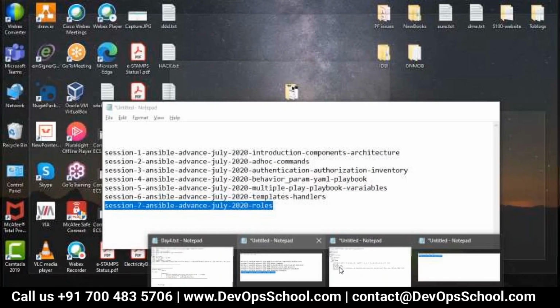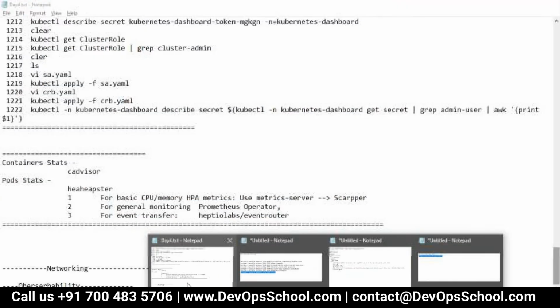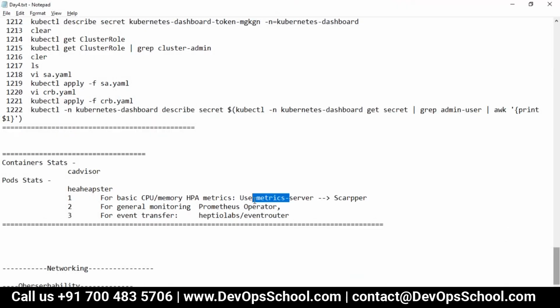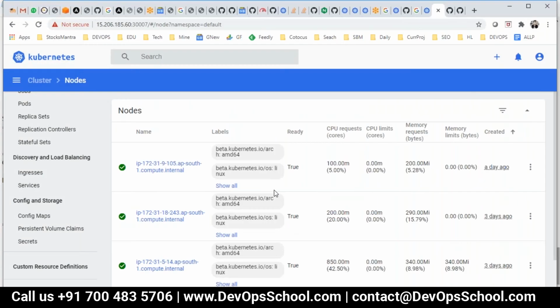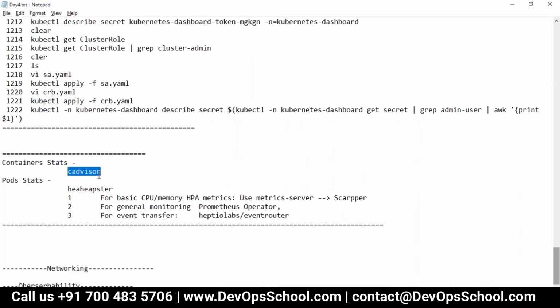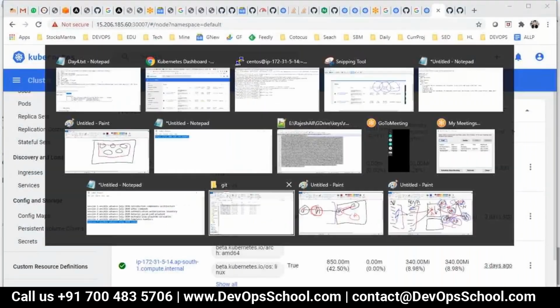That is the advantage. For HPA, you need a metrics server, but for cAdvisor data you need only the scraper. If you want to store, then you need a server. But this dashboard is being stored in a separate database. So the scraper stored it, cAdvisor is there, and they are getting all this information.